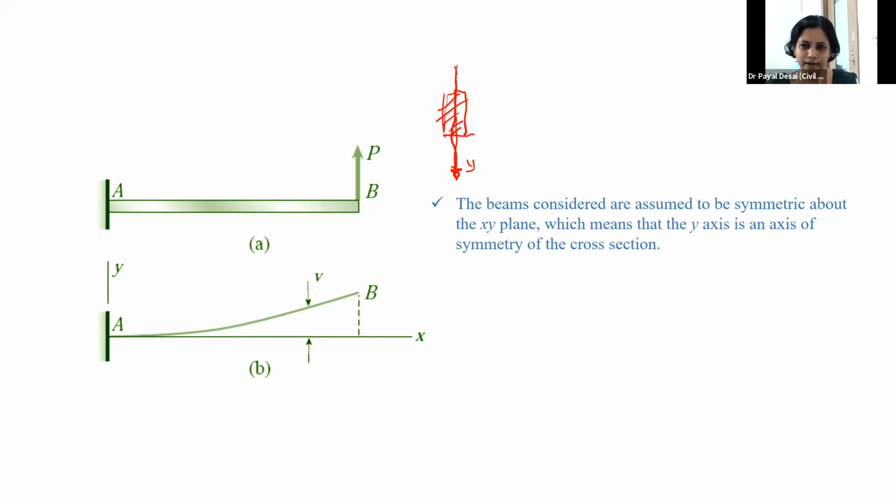So this is a plane of symmetry, which we can say in case of a beam it is the xy plane, because whenever you see any beam, if this is my axis of the beam, it will deflect this way only. It will not deflect the other way, right? So the symmetry line will define in which plane the beam is bending.